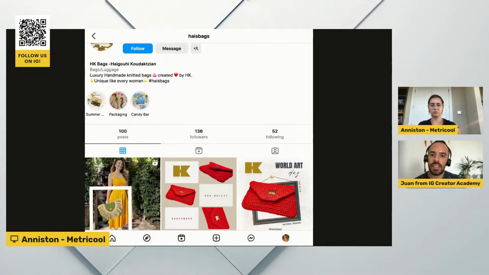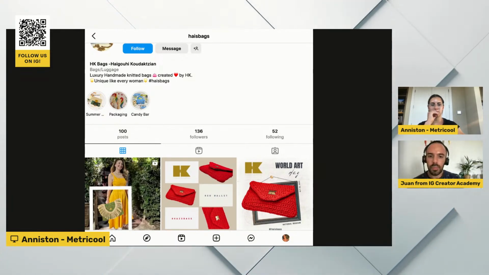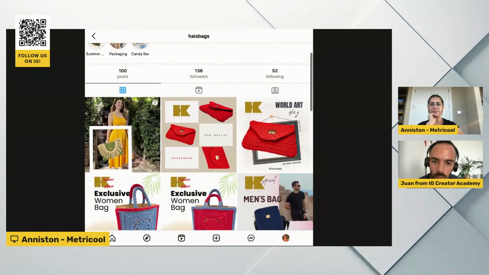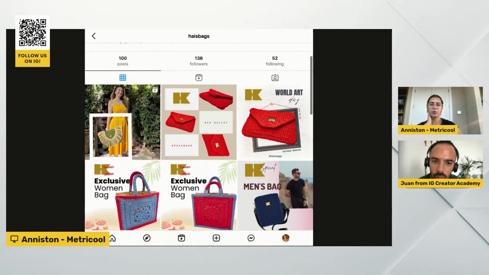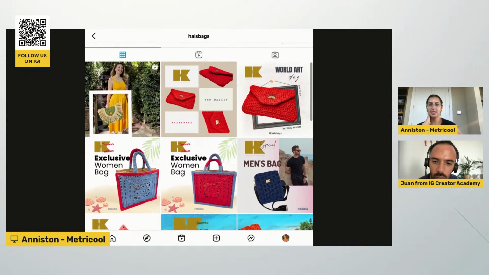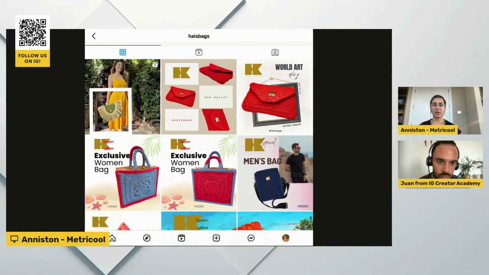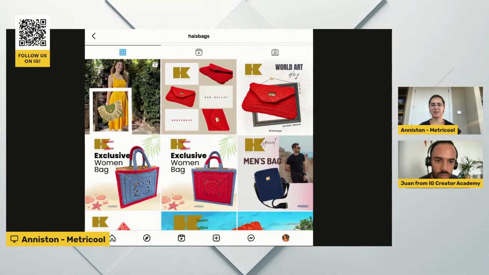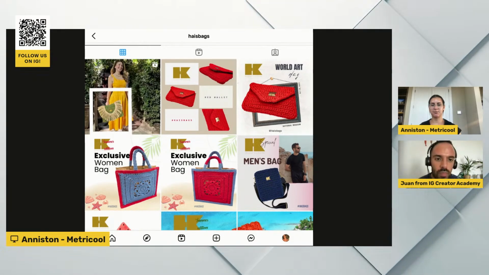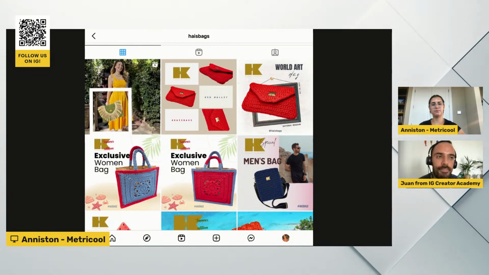And then let's look at the feed. You presented a good point about the location. I haven't really seen any locations in many of the profiles we've looked at, and I think that's important, especially for product, or if you're in a specific location or city, it's important to tag that.